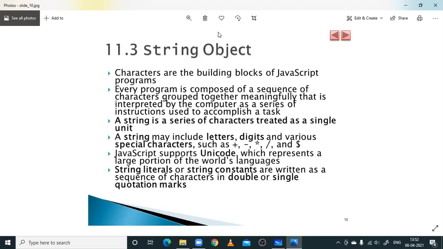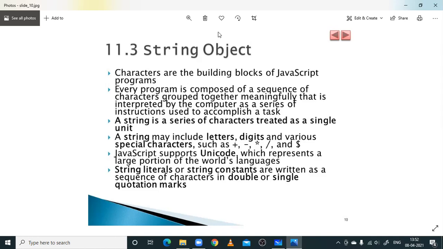Every instruction is given to the computer so that it can execute a task. And a string is a series of characters treated as a single unit. If it is a name or a word, a word is a group of characters. So a series of characters is nothing but a single string.